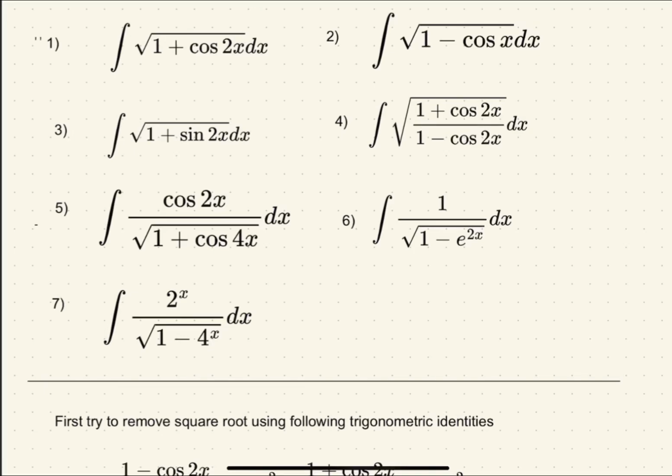Today I will do some square root questions where, by using trigonometric identities, we can eliminate the square root. I just want to remove the square root. I don't want a square root because there is no direct way to solve a square root question unless you